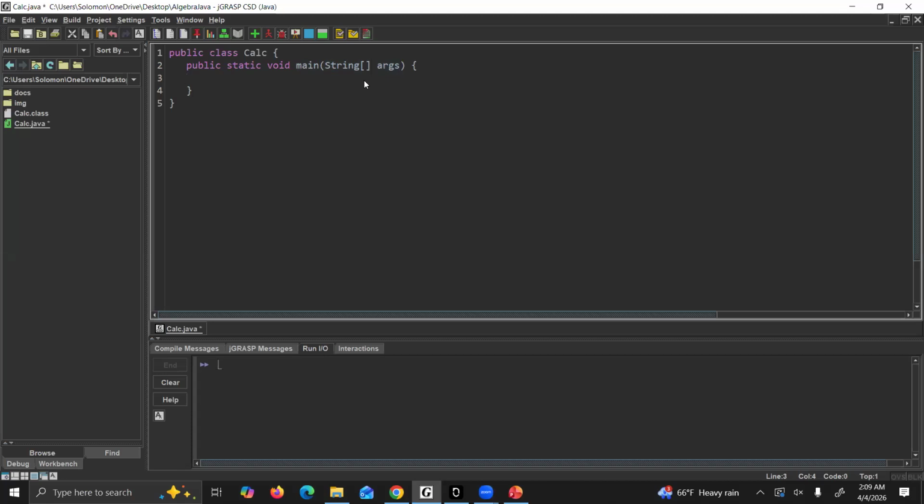Right? So let's just do a very basic system.out.println just to make sure we've got everything working. And by the way, guys, I'm using Java version 22. I haven't spent much time thinking about compatibility,